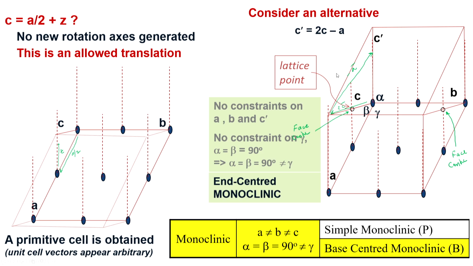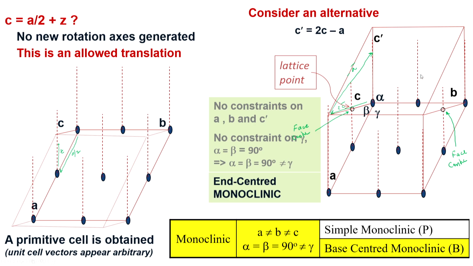Now, this face where the lattice point is present in the center of the face, this face as you can see is defined as the B face. So, it is on the AC prime plane and therefore, it is the B face and that is why you will notice here I have written base centered monoclinic and in brackets B. If it was on the rear face, then this would have been A face and if it is on the top face, it will be C centered monoclinic.